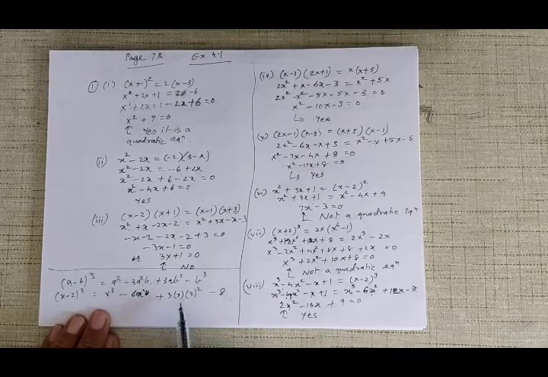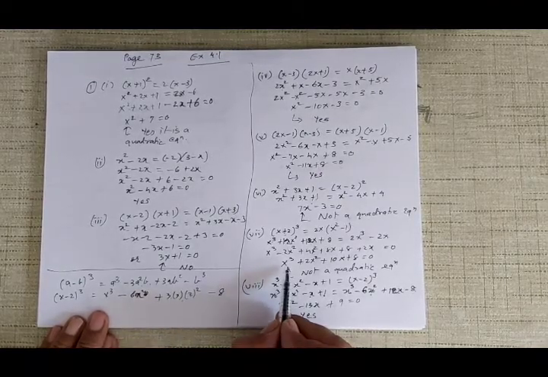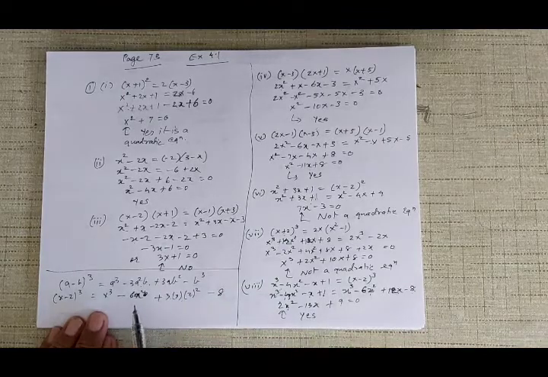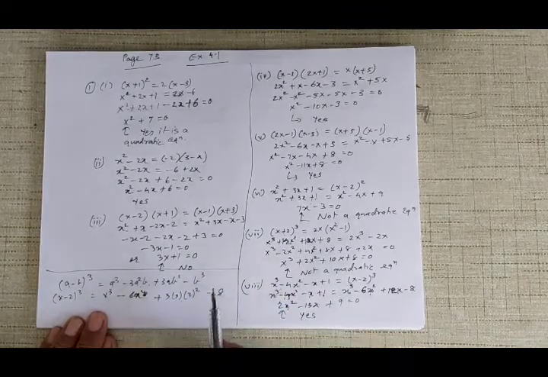Okay, the seventh one would not be, because x cube is there, that's why. Because x cube is there, it will not be a quadratic equation. Only the value will change slightly, that's all.